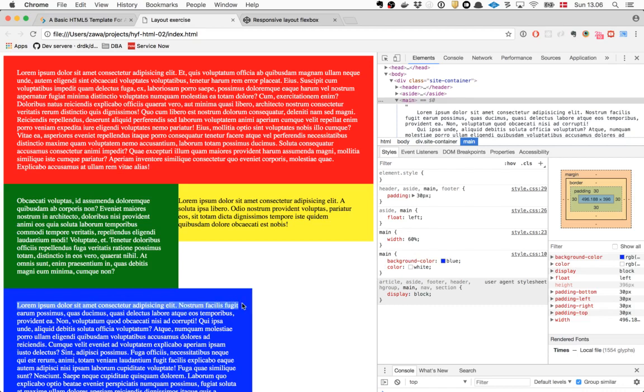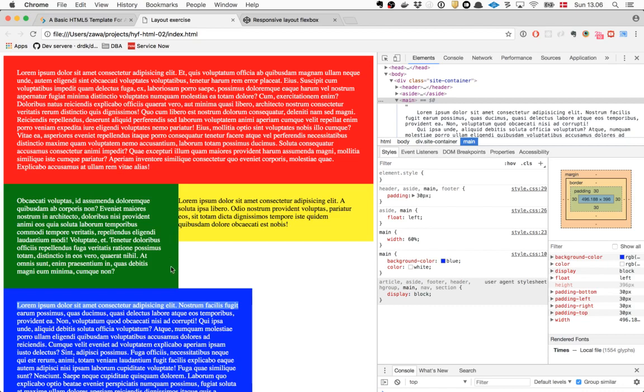That's pretty annoying, right? We made this one in pixels and the other ones are in percent, so we can't really figure out how many percent they are. We have 30 pixels here, and 30 there, and 30 and 30 on this one, so it's 120 pixels altogether.